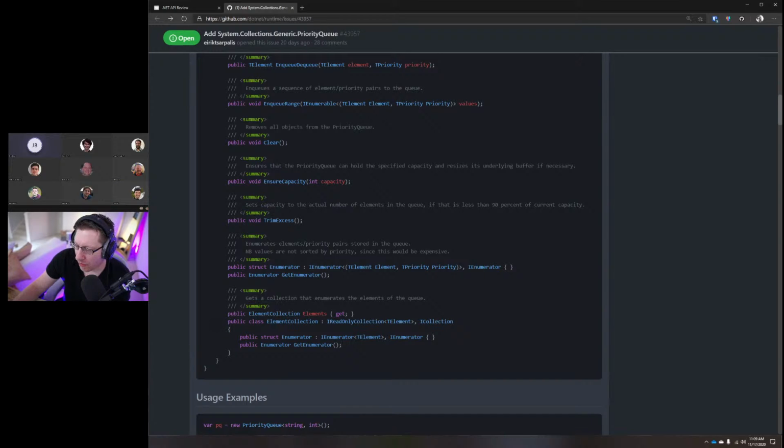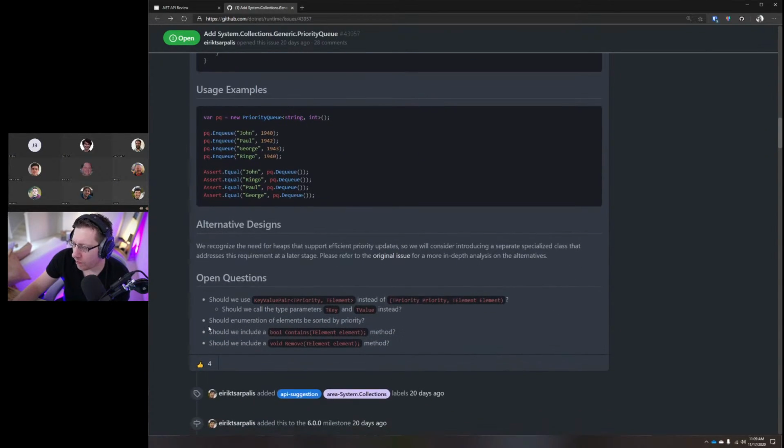So since we are in the bike shedding mood, where does this thing ship? Presumably where the rest of the collections are going, or are we shipping this as a standalone thing? My personal take is I'd rather not ship it as a standalone thing because it makes everything more complicated. Yep. And if you're already spending the time building and designing it, we might as well ship it. In the core, I mean.